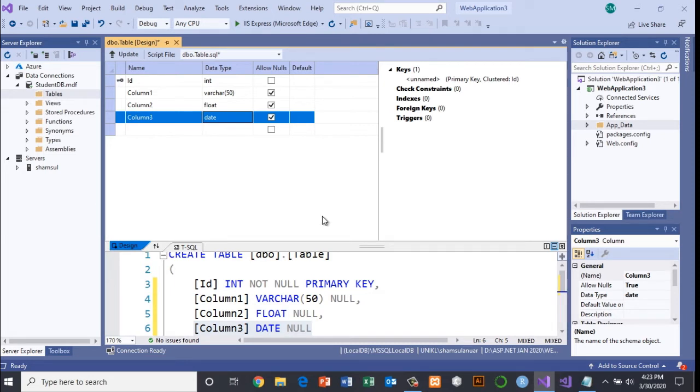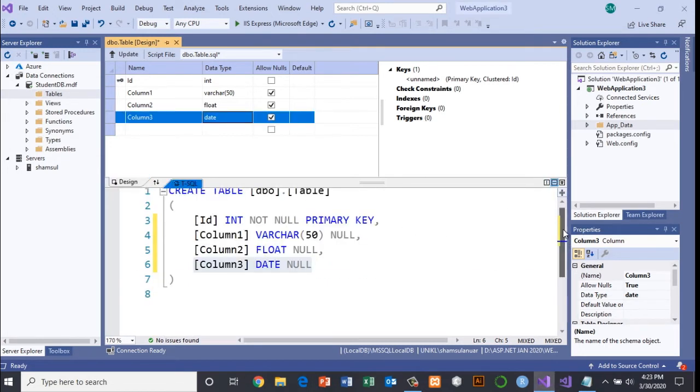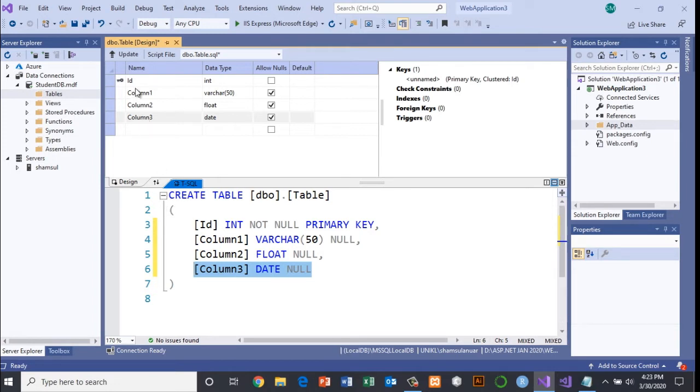And if you notice, every time you update the design view, it will also update the SQL command view. The version of SQL used by SQL Server is what we call T-SQL. But in terms of development, I would prefer for you to use the SQL commands, because later in real development, most developers will be using the SQL commands rather than the design view.